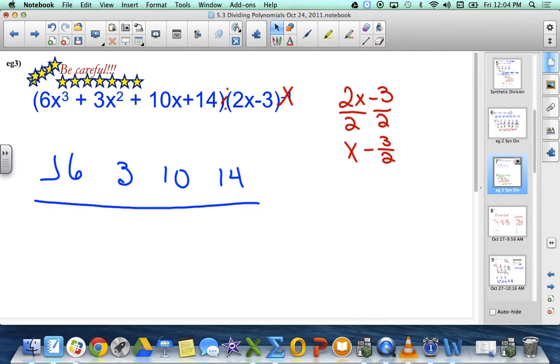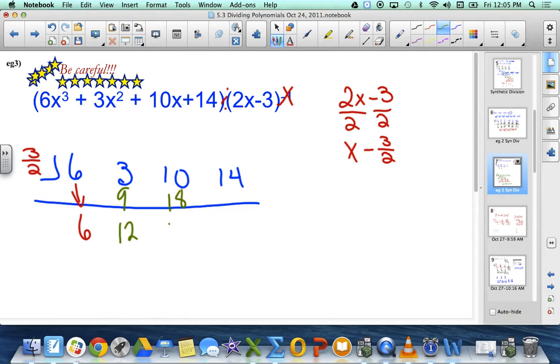So what are we dividing by? 3 halves. It's the opposite sign of what's up here. So we're dividing by a positive 3 halves. 3 halves times 6 is 9. And you get 12. 3 halves times 12 is